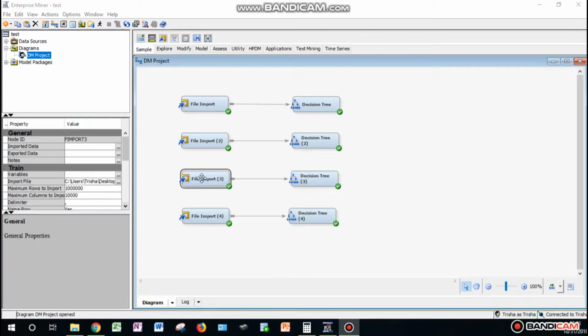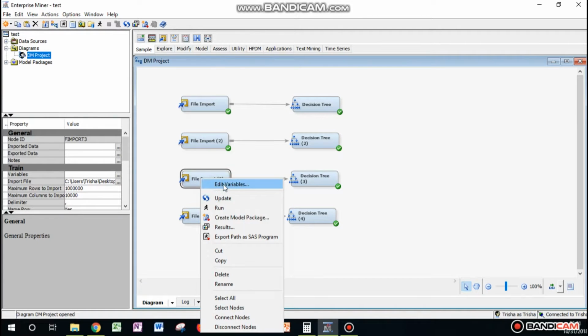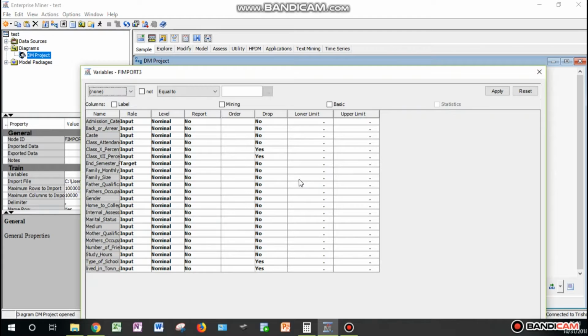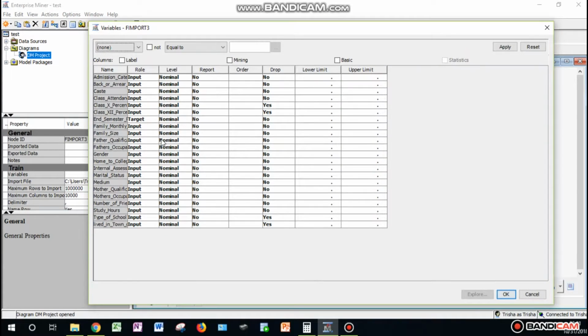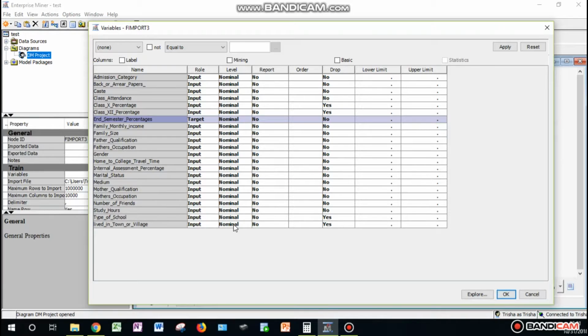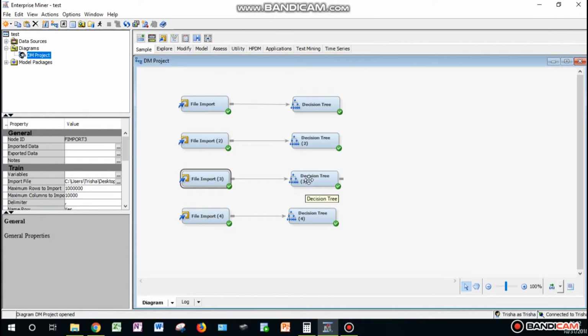So after looking at the high school information, we were interested in what was causing students currently at the college to perform well on their end semester percentages. So we went back to having a target of end semester percentages, and we removed any information that was high school related testing, and then we also removed the type of school. We weren't interested if it was government or private school, or if they lived in a town or a village. So if we look at the results from this test,